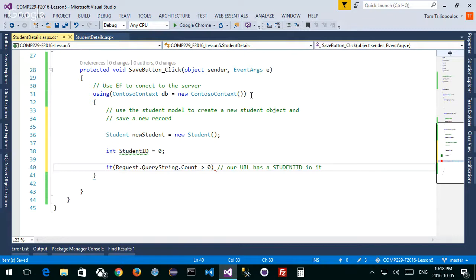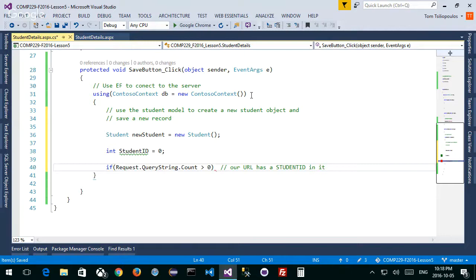And why would our URL have a student ID in it? Because I'm doing an update instead of an add. If my URL has a student ID in it, then what do I really want to do?